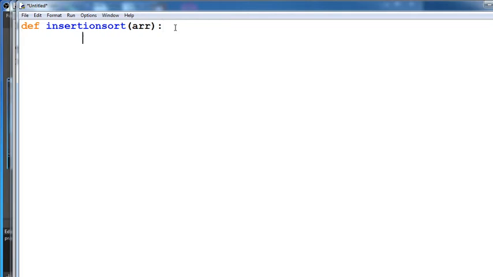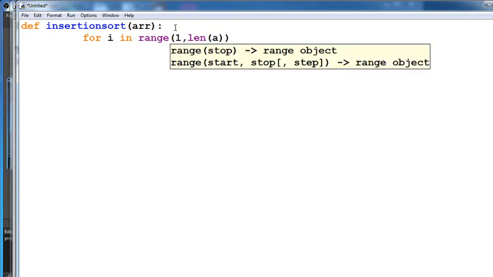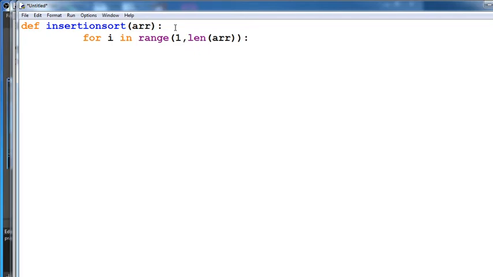After that, enter using a for loop. Here we require a for loop: for i in range, in brackets, starting from position 1 up to the length of your array. Again a colon.